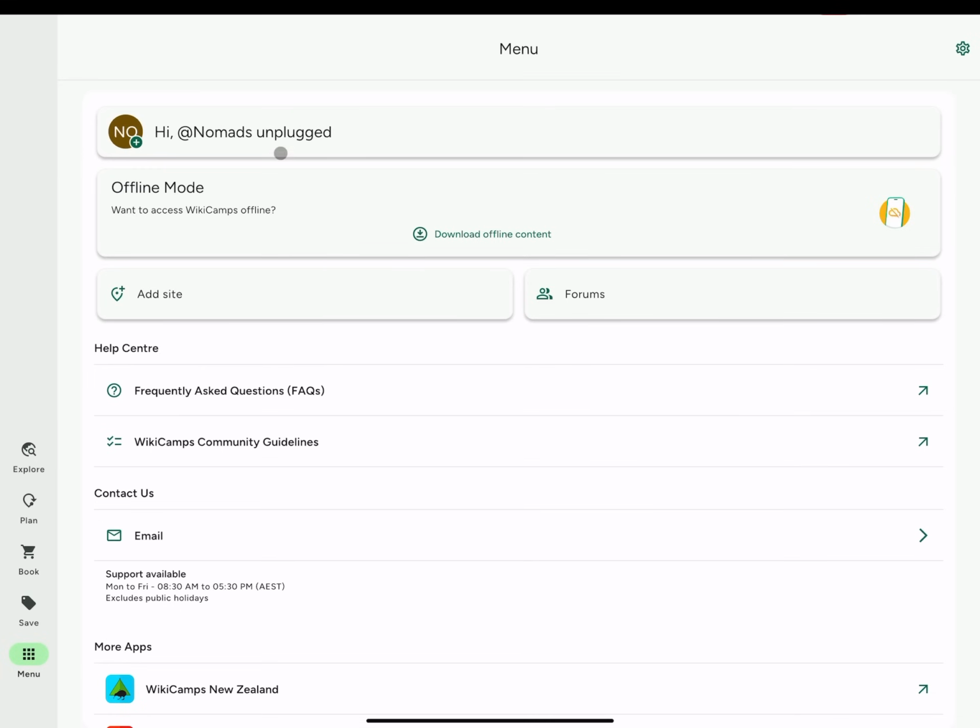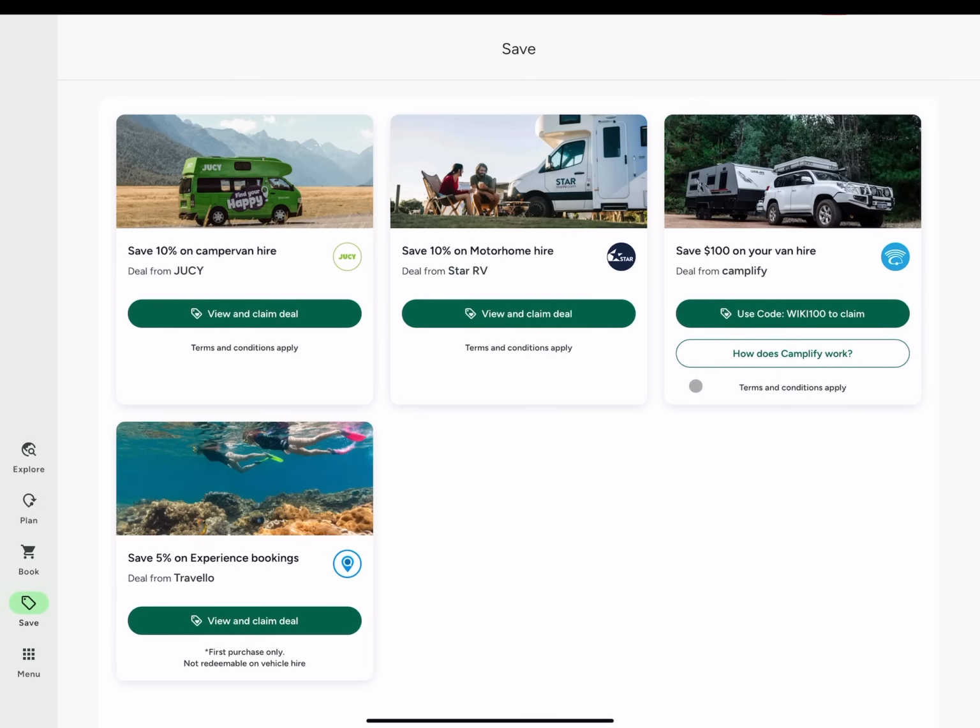But that's this menu. Now to get out of here, there's no X. So I can't just drop out. I actually have to click into something else on the left here. So it lets me go up to the next one, which is Save. And at the moment, this is not very useful, but is obviously a major revenue generator that Wikicamps plan on